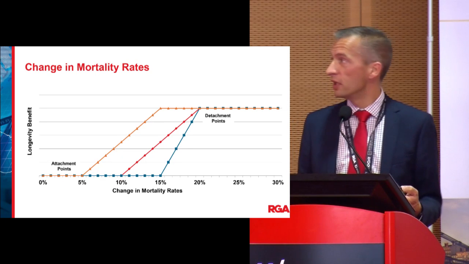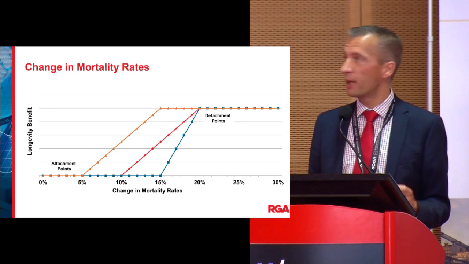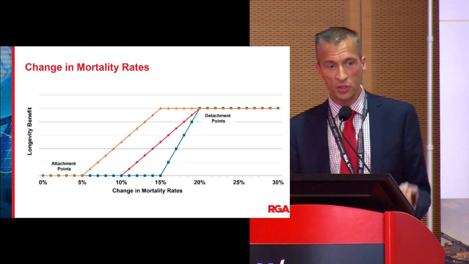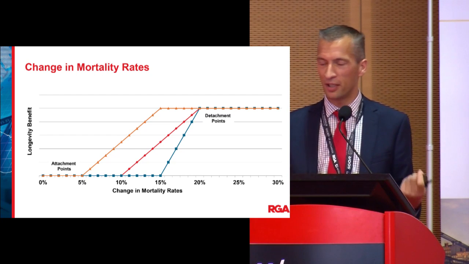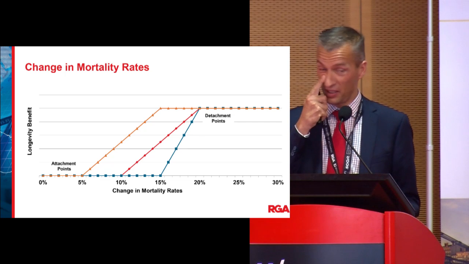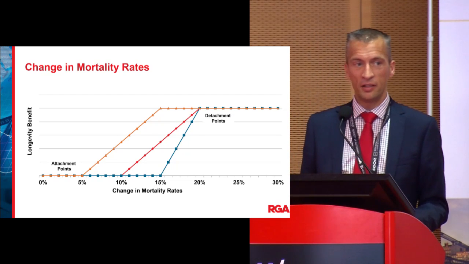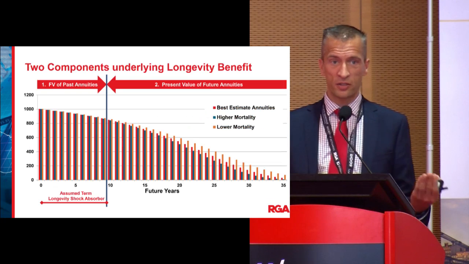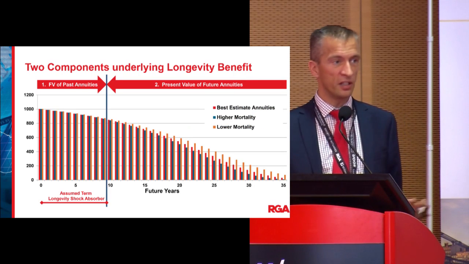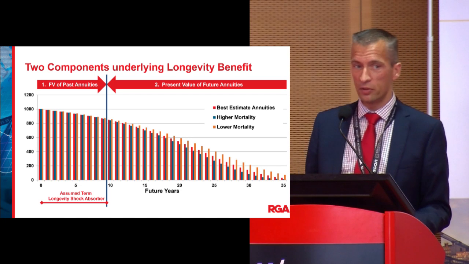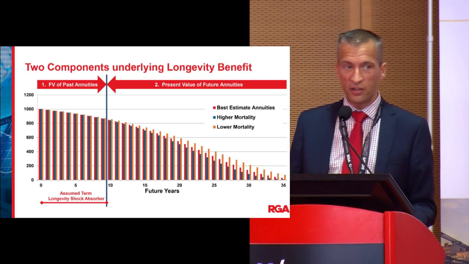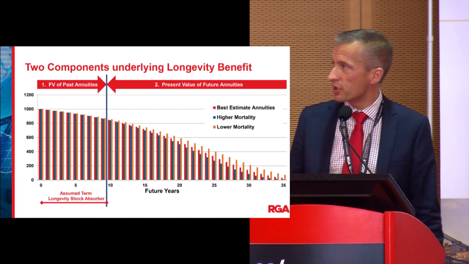That's the one dimension. The other dimension is a bit more challenging. That's about the term. We very much realize that longevity risk is a long-term risk, as we hear at this conference in every presentation. You can do a longevity swap that terminates after 10 years or 5 years. But what you see in this graph, a graph of projected annuities under different mortality scenarios, just an example,